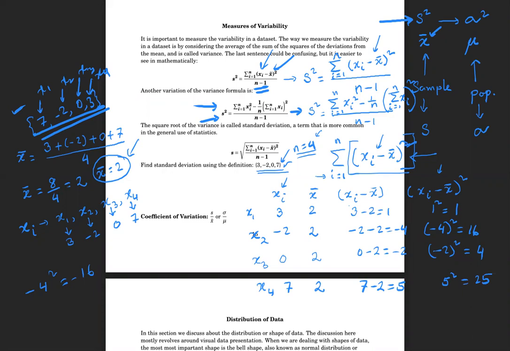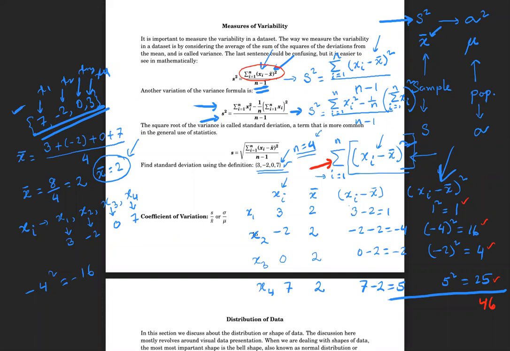Now, all you have to do is look at this column and add them up. Why do we add them up? Look, this is because of this summation. You need to add all of them up. So 1 plus 16 is 17, plus 4 is 21. 21 plus 25 is 46. So 46. Now look, this top